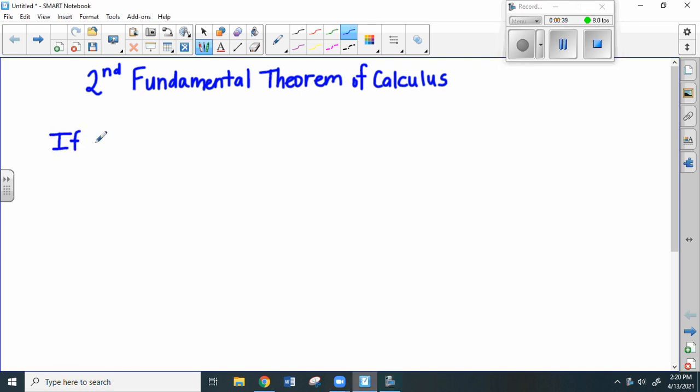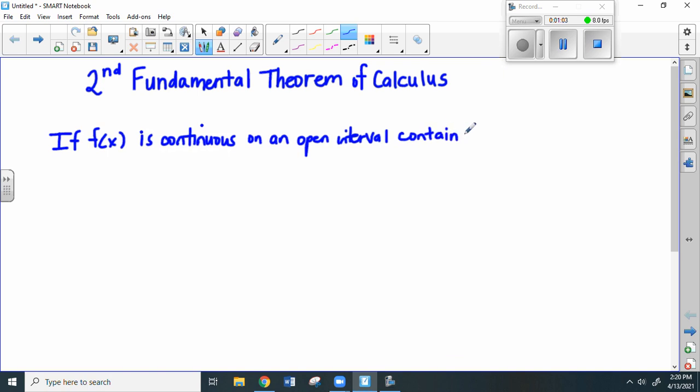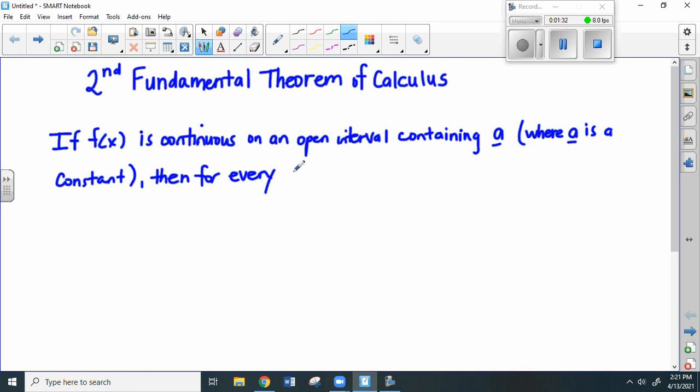And what it says is, if f of x is continuous, so if you have a continuous function on an open interval containing A, where A is a constant, then for every x in the interval,